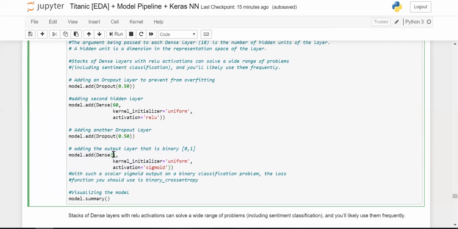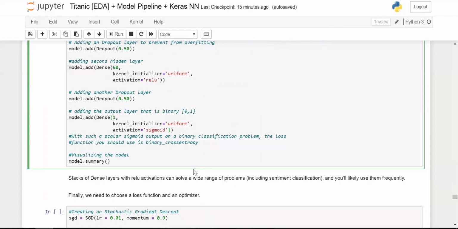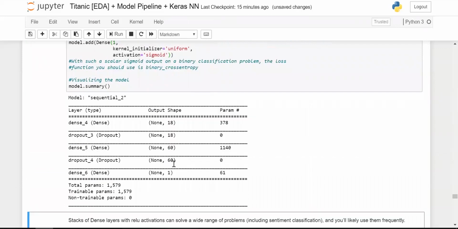What this does is it gives you an output of 0 or 1, which says whether the person has survived or not. The sigmoid activation function implements logistic regression, which we had seen back in the machine learning modules. So we will just define this model, and this is your final model. This is the final model that we have built.